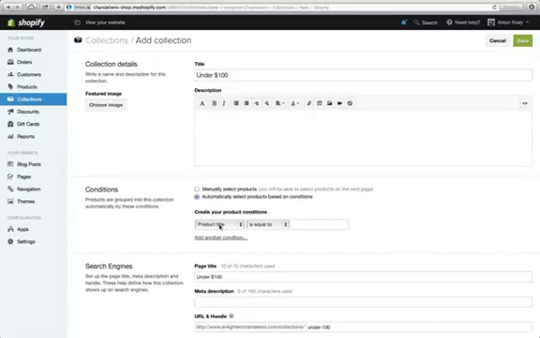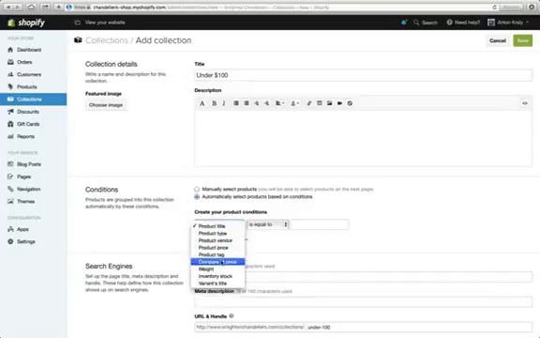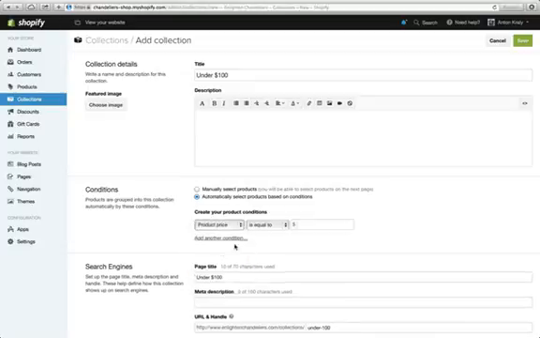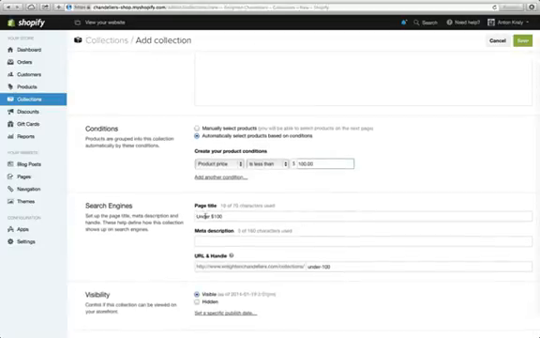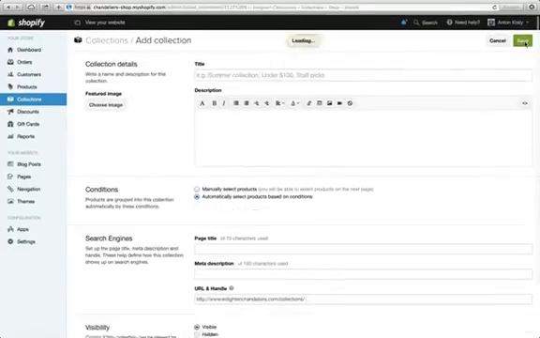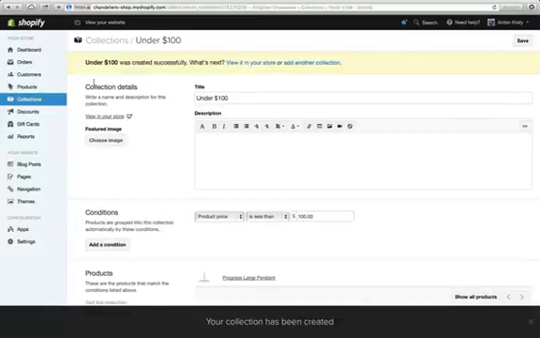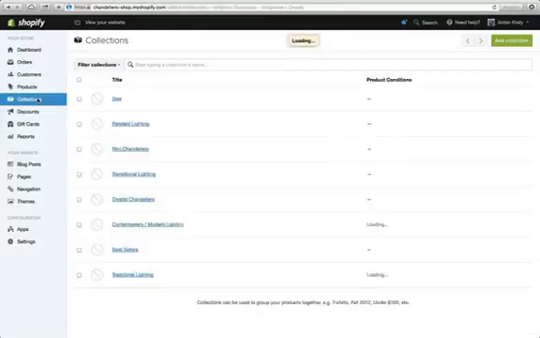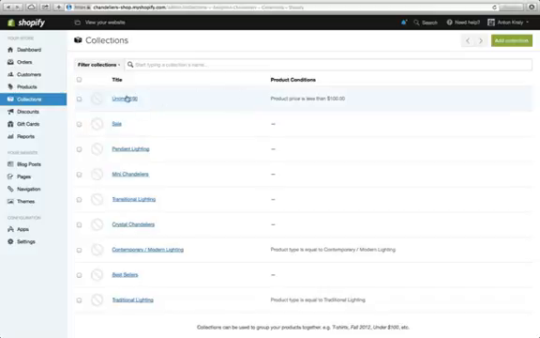So now that we know this collection is going to be under $100, you're going to want to go into product price is less than $100. Now down here, a page title, it already gives you a page title, it already gives you your URL and handle. What you're going to want to do is add a meta description, and this is great for SEO. And then we're going to want to go up and save this new collection. Saved successfully, great. And we're going to want to go back to collections,